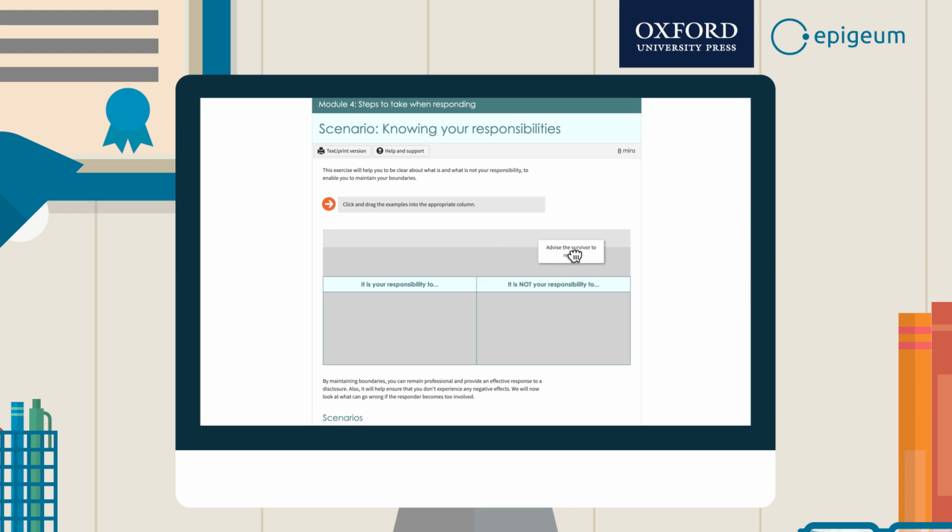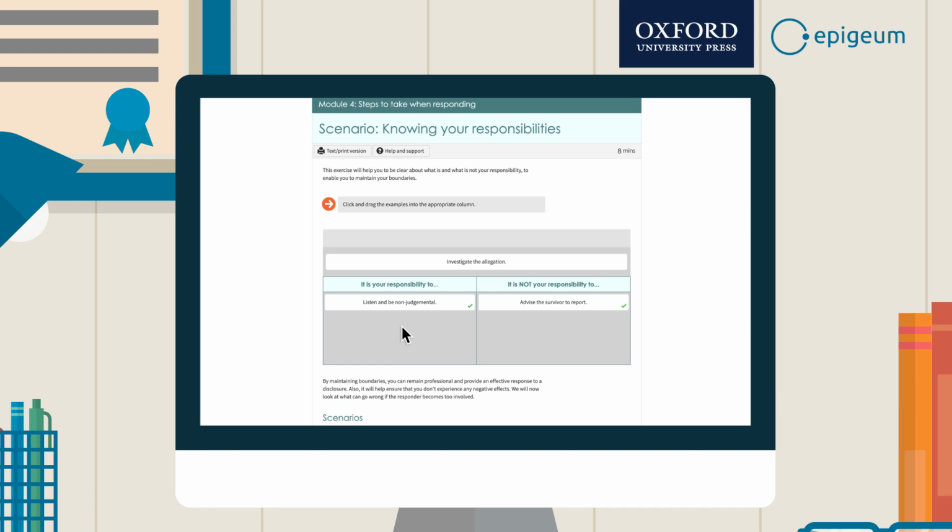One of the aims of the course is to ensure members of staff are not only aware of their responsibilities, but also their limitations as first responders, and recognize where they may need assistance. Links to support sites, reference materials, and official guidelines are included throughout the course to ensure your staff feel supported and informed in their role as first responders.